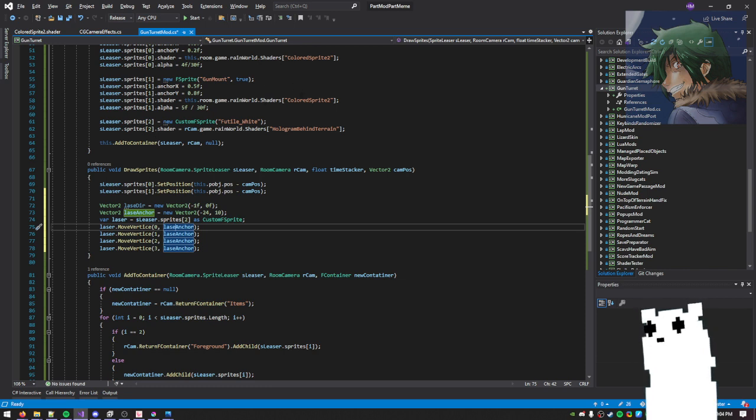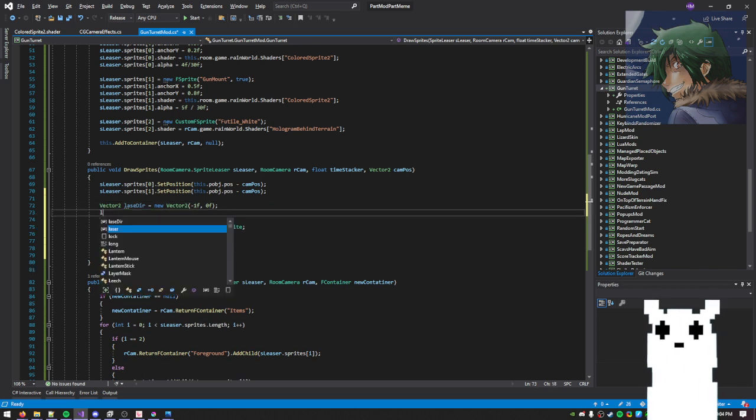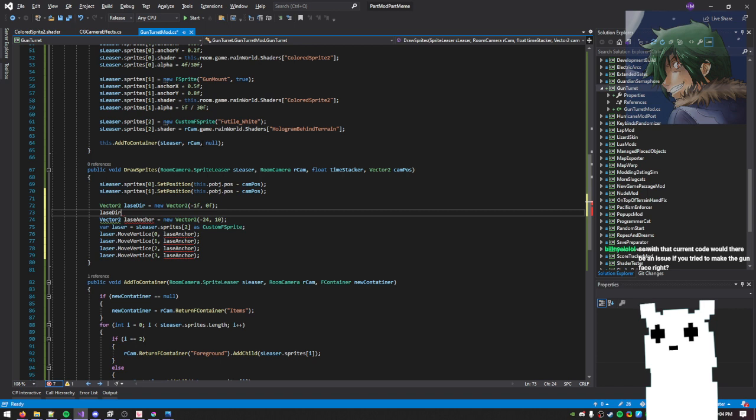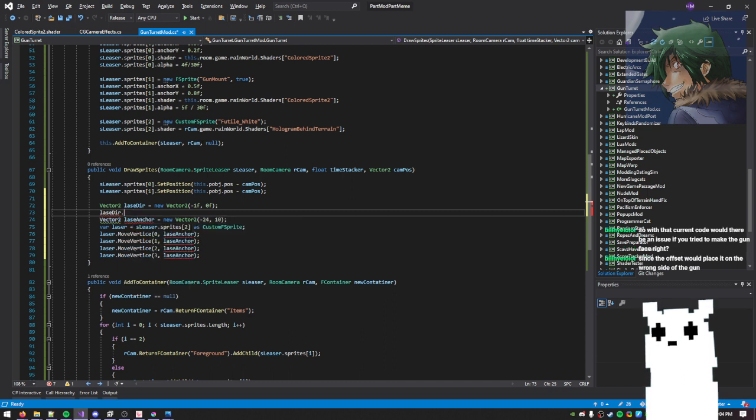Or I guess one has to go under, the other has to go over, so that it has some thickness to it. Don't worry about it just yet. We're not making the gun face right. It's gonna work with some kinks, but